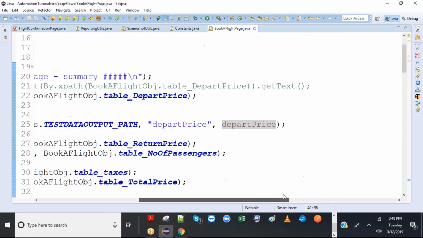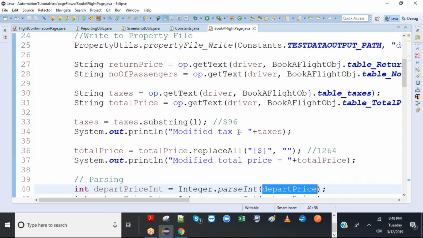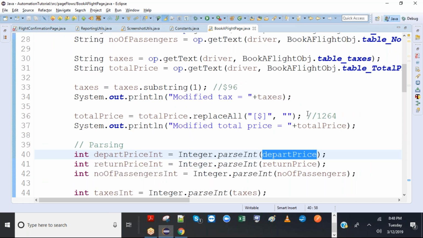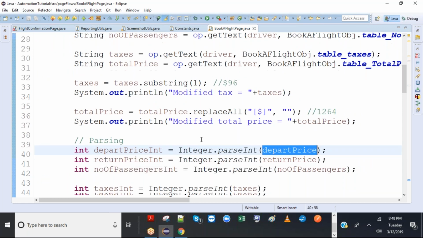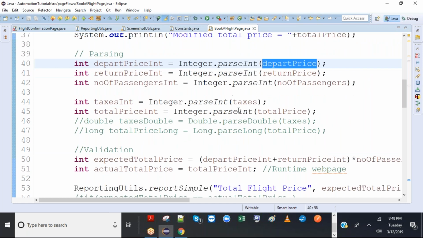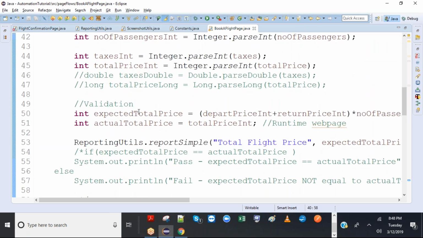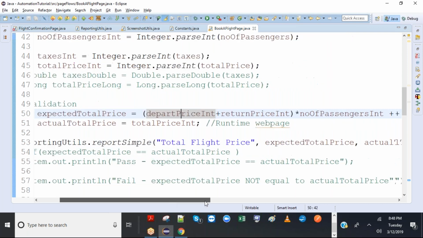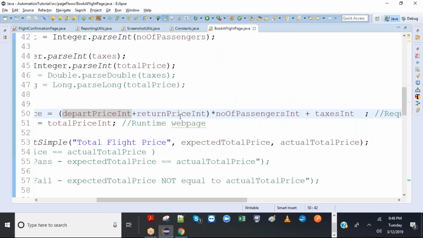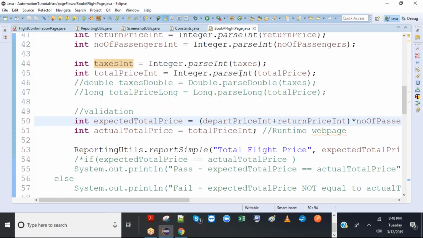Using the getText method we captured it and then converted it to this. We already did this groundwork. Once all these values are parsed appropriately into integers, then we can calculate the expected total price, simply by applying the arithmetic formula. The arithmetic is just depart price, which is an integer, plus return price multiplied by number of passengers plus tax. Simple. To do this arithmetic, we need the integers. That's the whole reason why we parsed them. Otherwise, we wouldn't need to, right?